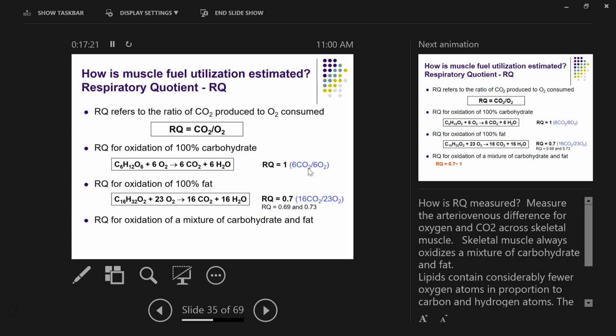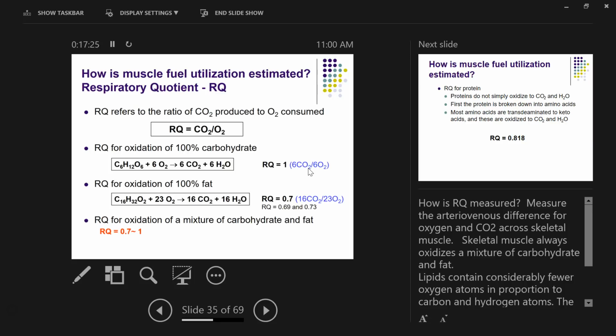Between 0.7 and 1, right? Okay. Yes. So if we use more carbohydrate and less fat, what do you expect? The RQ will be close to 1, right? And vice versa, if we use more fatty acids and less carbohydrate, the RQ will be closer to 0.7, right? So based on this equation, calculate RQ, then you will be able to